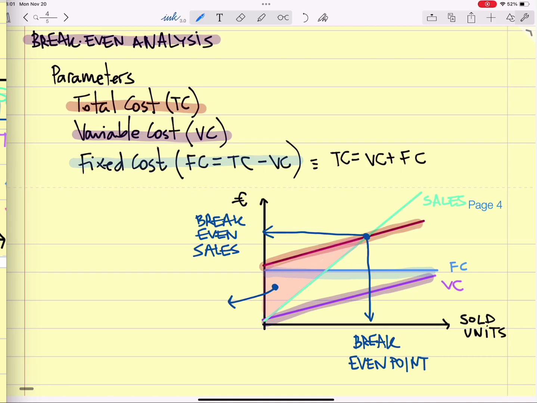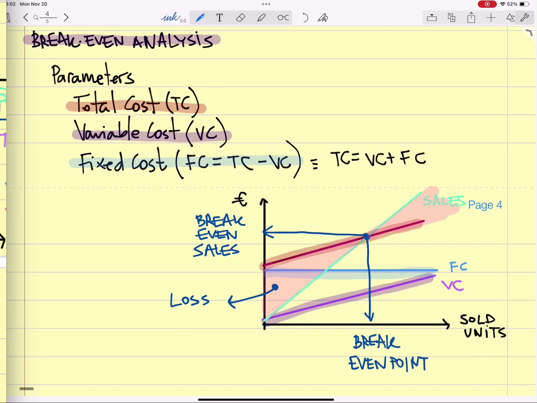Not sure, but it's initial cost as well. It's kind of your loss, okay? So you have some cost, and then you have some sales, you earn some money, but you still have a loss until you get to your break-even point,